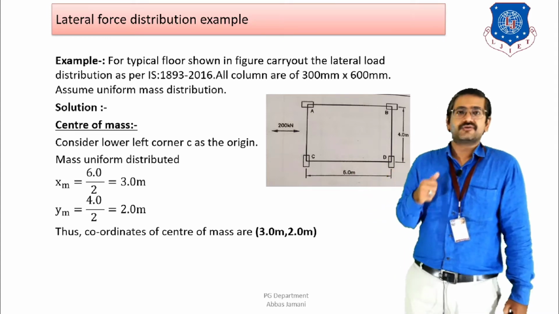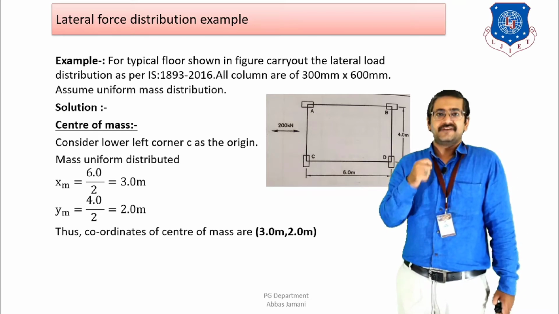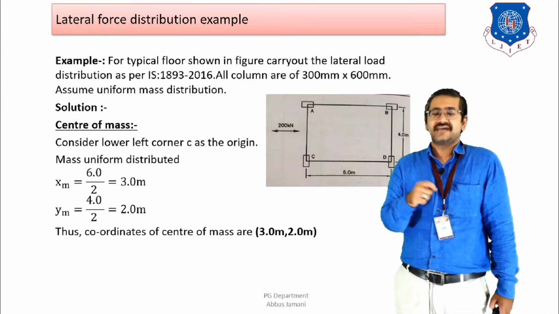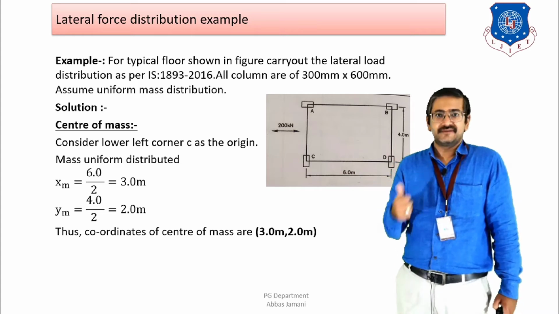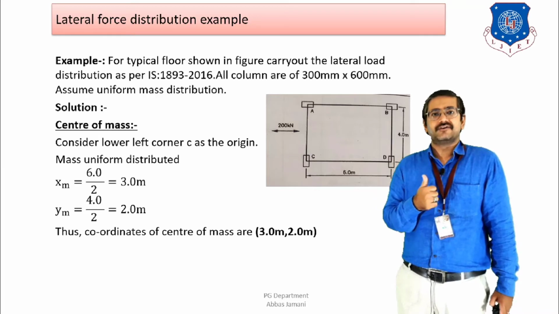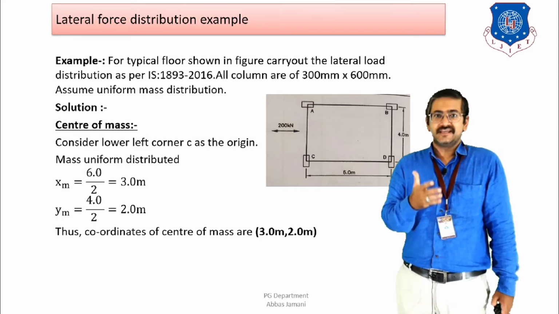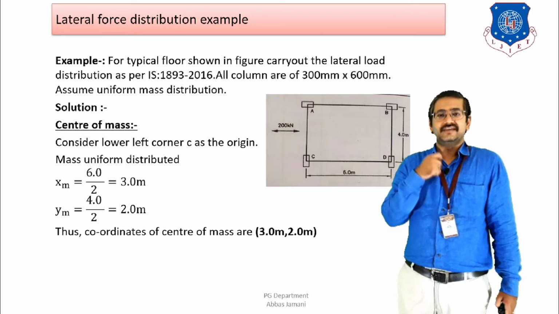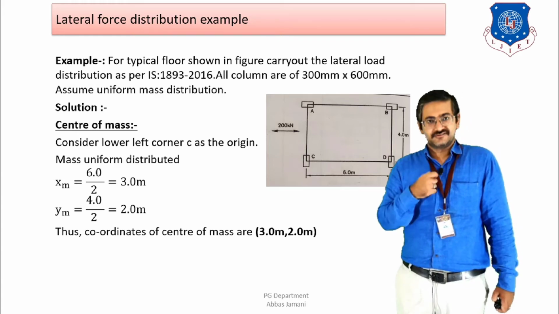If I want to calculate the center of stiffness, first I need to calculate the stiffness of the columns. To calculate the stiffness, I have the size with me, and I have the floor dimensions with me, but I do not have the height of the column. So when I don't have the height of the column, can I calculate the stiffness, or is it required to have the height of the column in order to calculate the stiffness? At the same time, the support condition is also required, right.